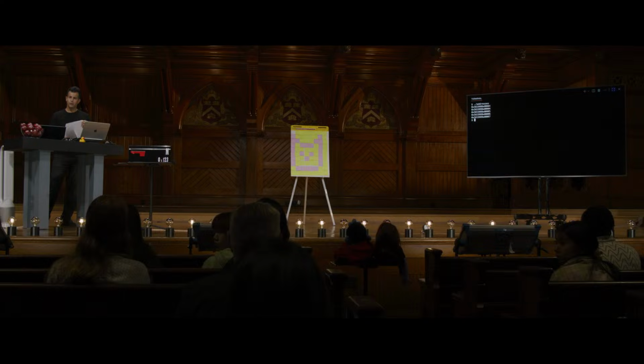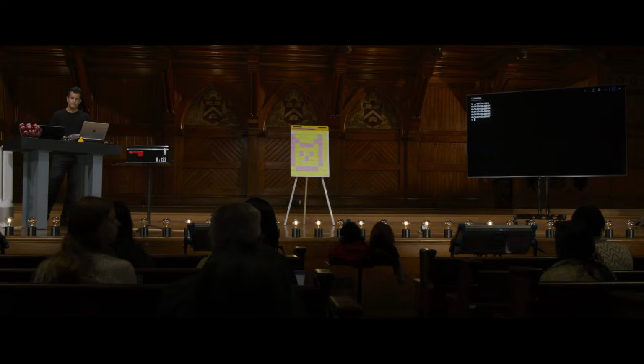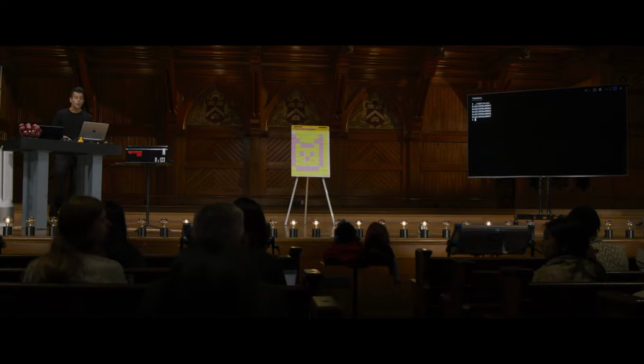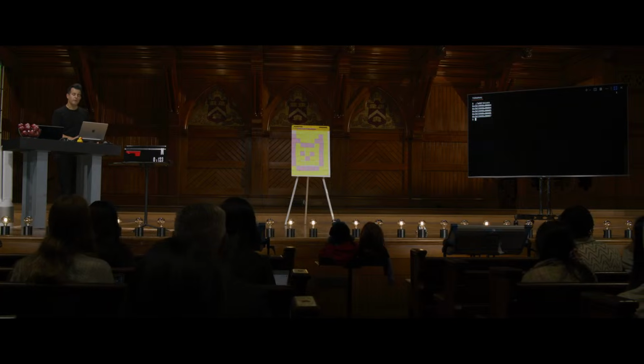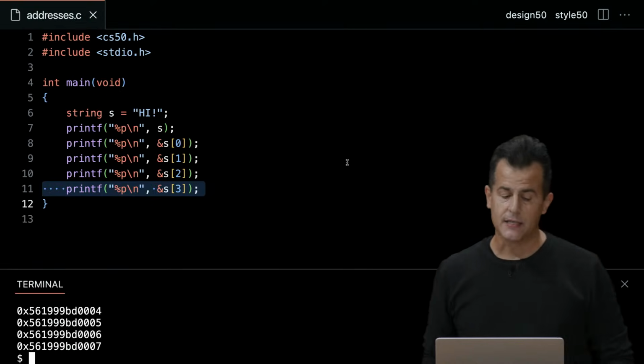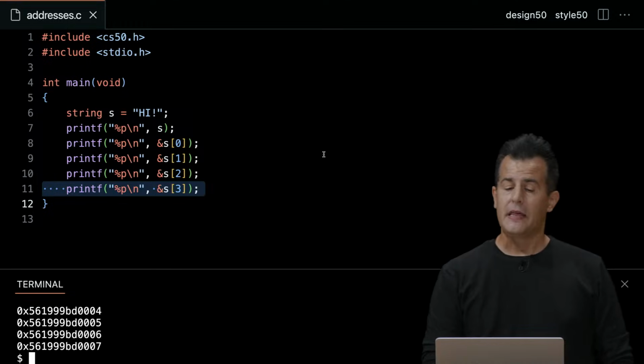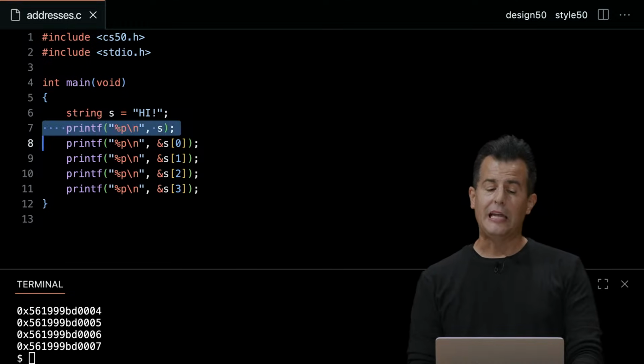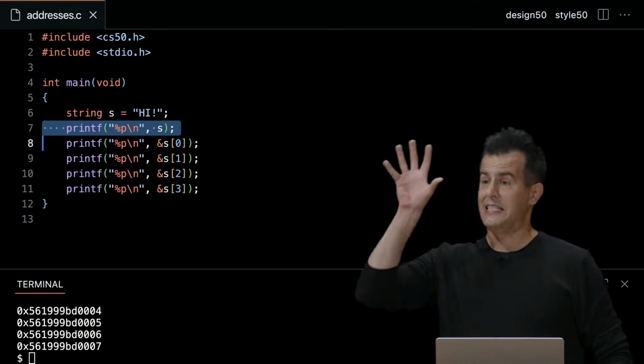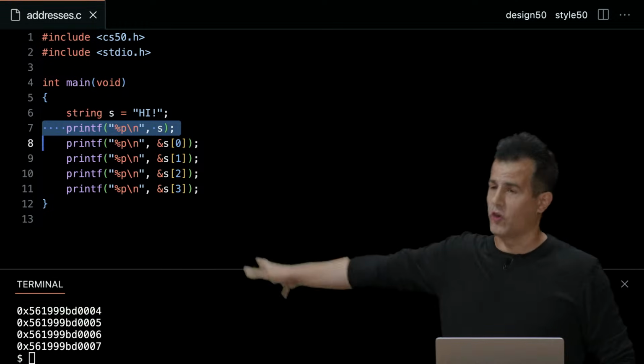Yeah? Why do you need the ampersand when you're referencing specific values within the array of S, but not S itself? Good question. Why do I need the ampersand before the specific characters in S, but not S itself? Think what S actually is. I'm claiming for the moment that S itself is the address of that whole string,